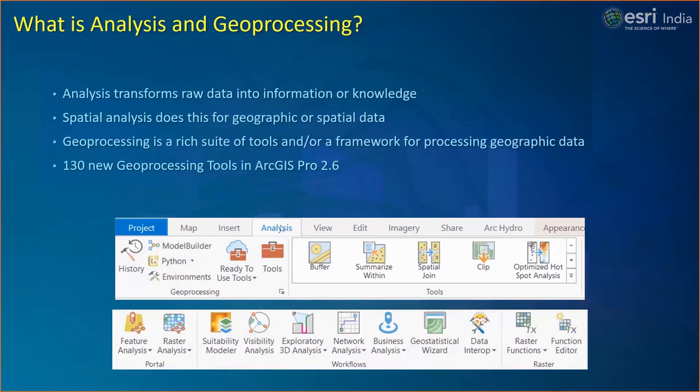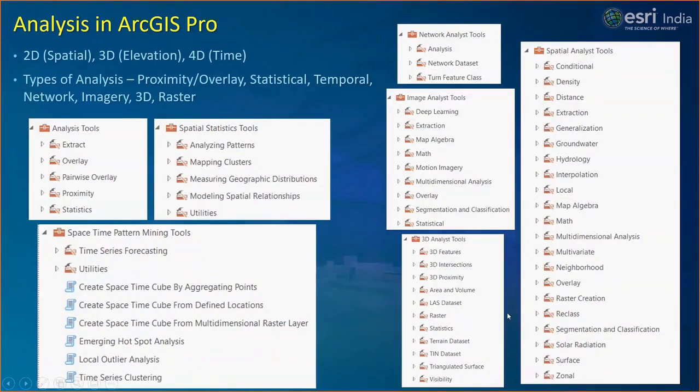So today our discussions will be concentrated in this analysis tab, where we can get access to a wide variety of tools. When we talk about analysis, your analysis could be two-dimensional, three-dimensional, or four-dimensional. We can include elevation and time to gain better insights into our data.